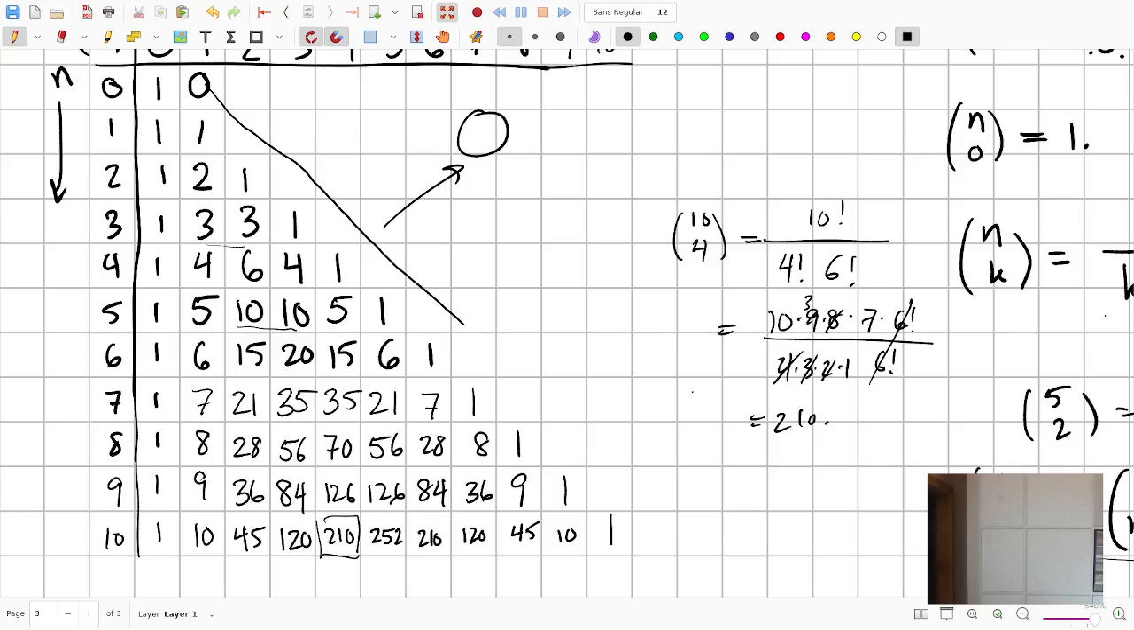In the third column, each successive, I guess, output